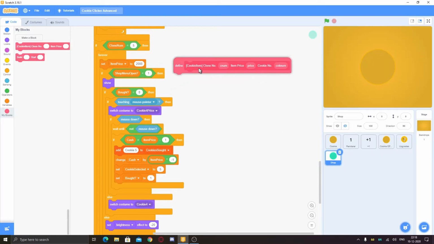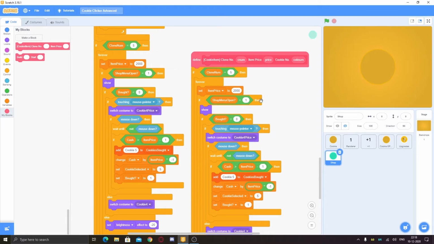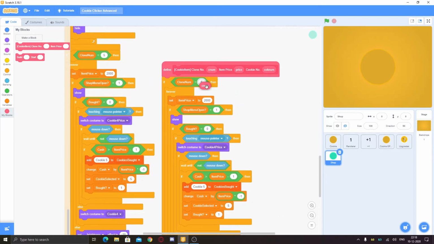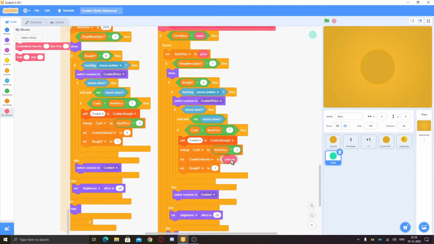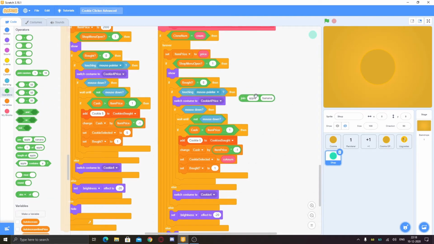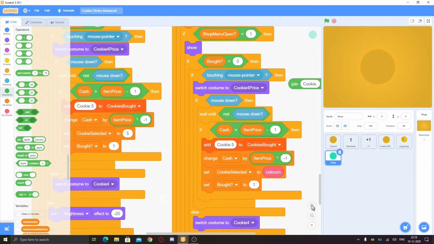So just click on OK and then just duplicate the entire script. Cookie number here, price here, and then cookie number should be like everywhere. Like first of all here, cookie selected to this, and you can then use the join one like cookie space and then put here the value.